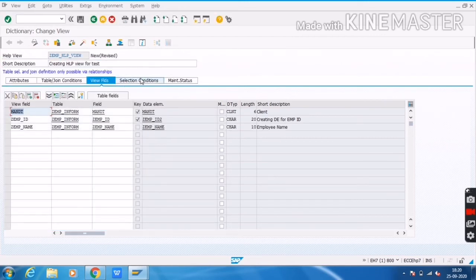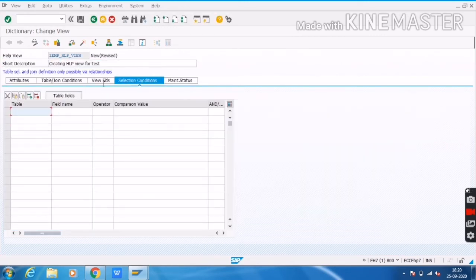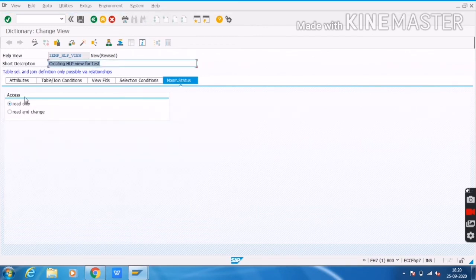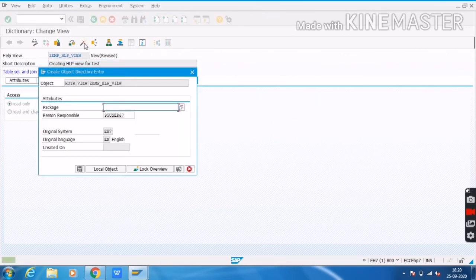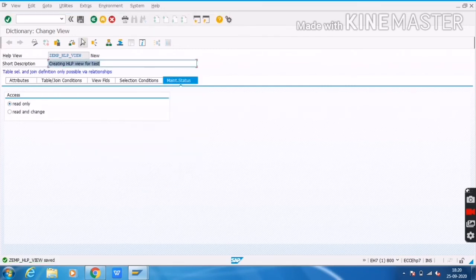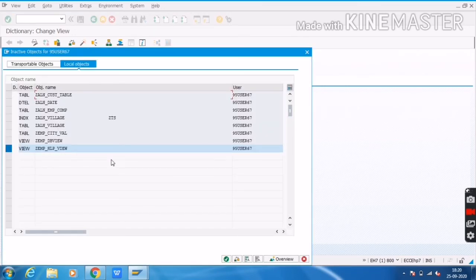Here we write the join conditions again. I will click on maintenance status. Here we can see read only is possible, and read and change is also possible inside the help view. I will click on the save button. I will save in local object. Then I will click on activate. I will activate this help view.